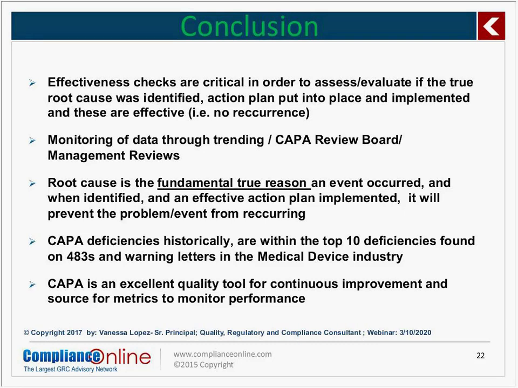Root cause is the fundamental true reason an event occurred, and when identified and an effective action plan implemented, it will prevent the problem or the event from reoccurring. CAPA deficiencies, such as inadequate procedures, failing to investigate sufficiently, failing to identify true root causes, not using quality sources during the investigation, not meeting time frames to complete actions per task, not calling out for a recall or reporting an adverse event, the latter absent or was not reported for regulated